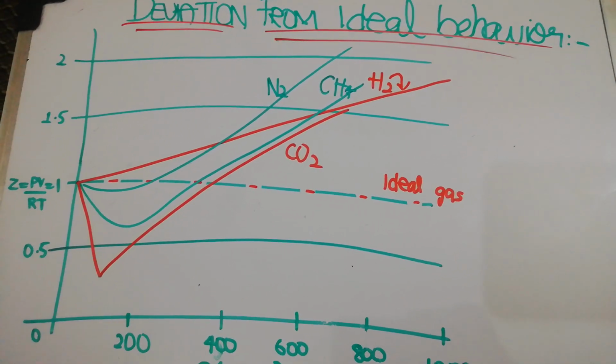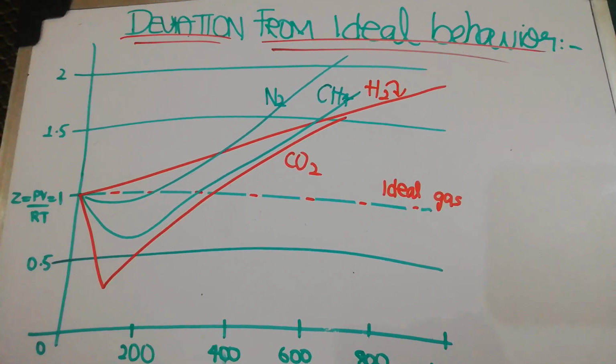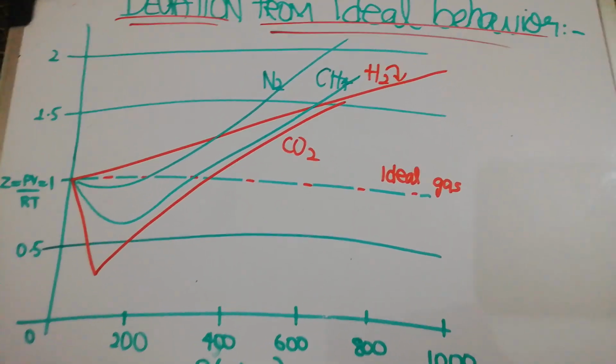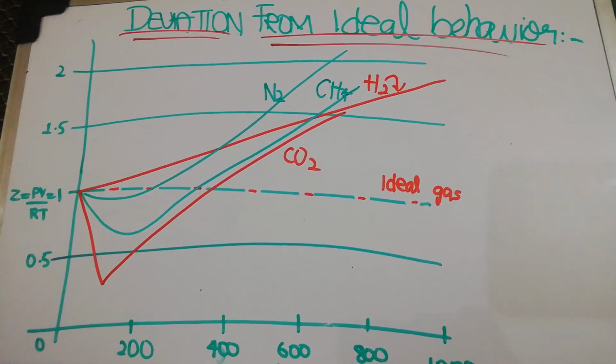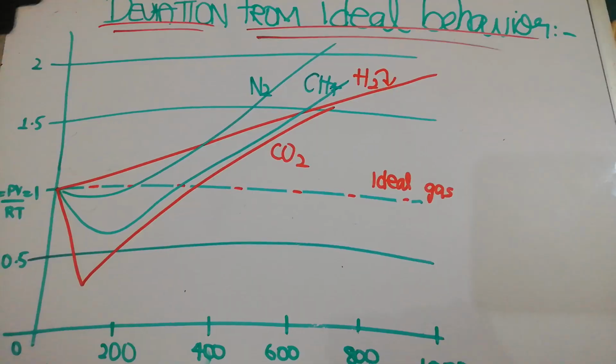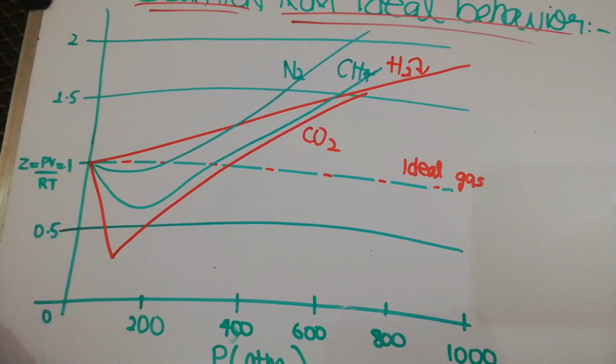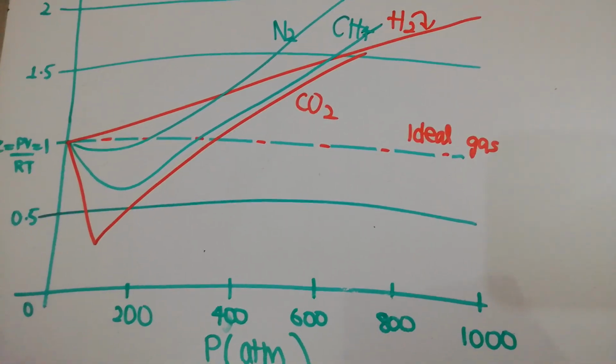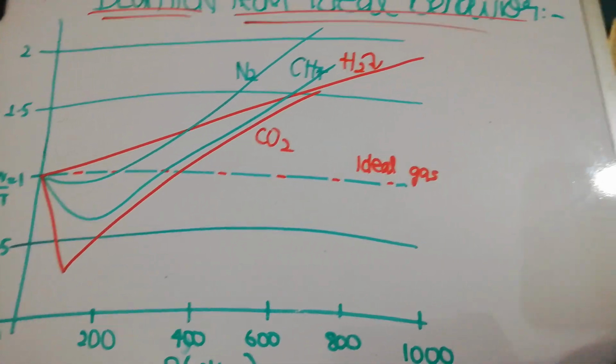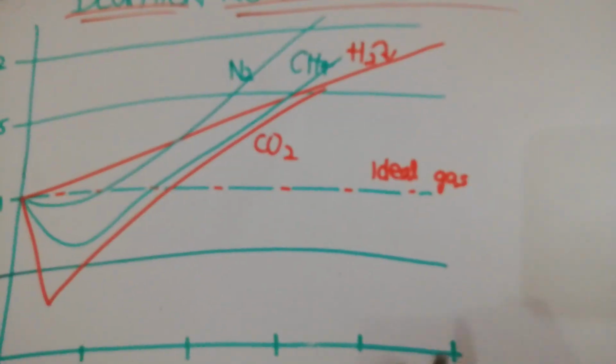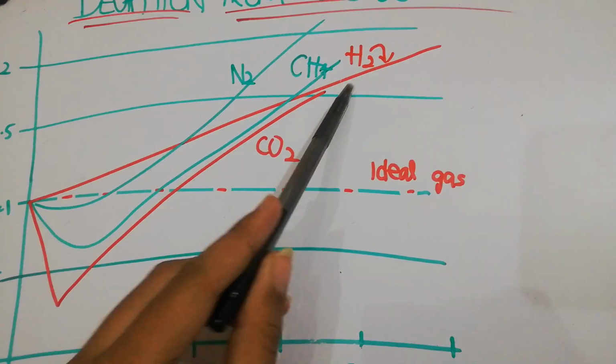Hi, today we're going to be taking a look at how different gases deviate from ideal behavior and what causes them to behave differently from each other. So the first one that we are going to talk about is hydrogen. Hydrogen has a small size. So basically,